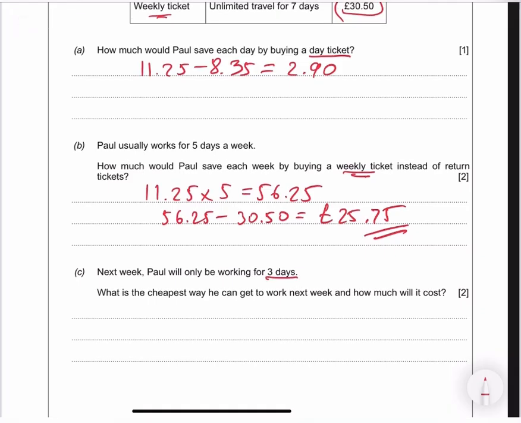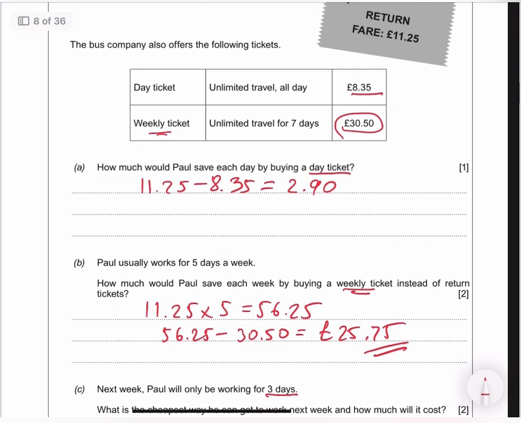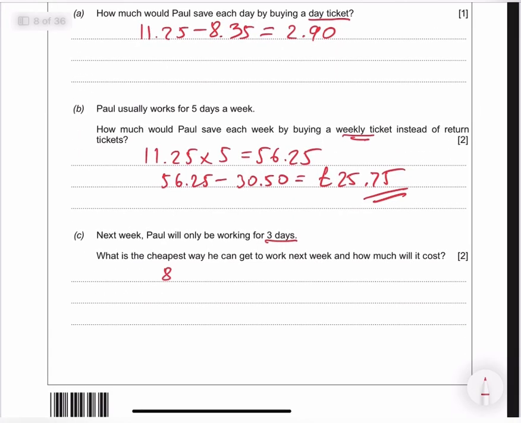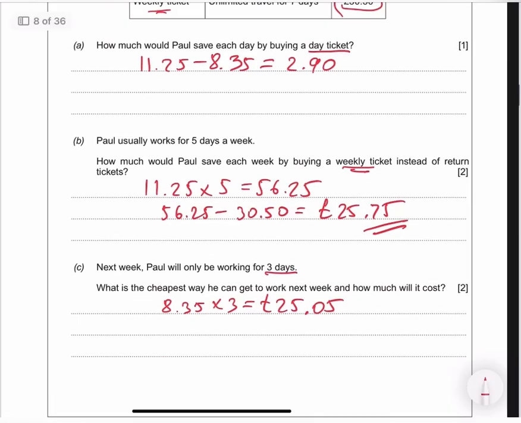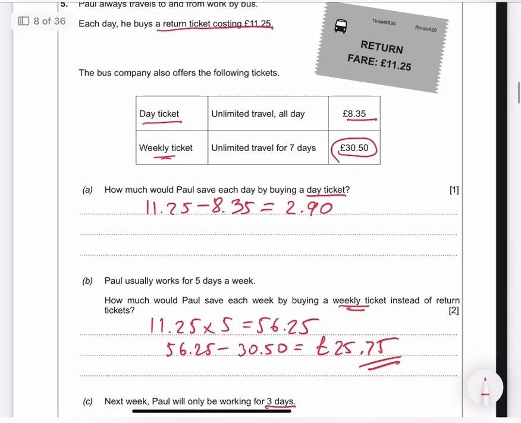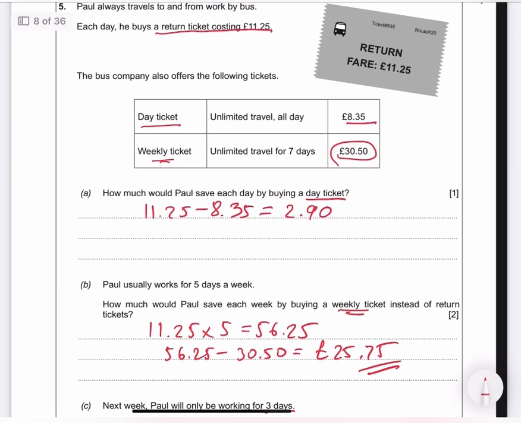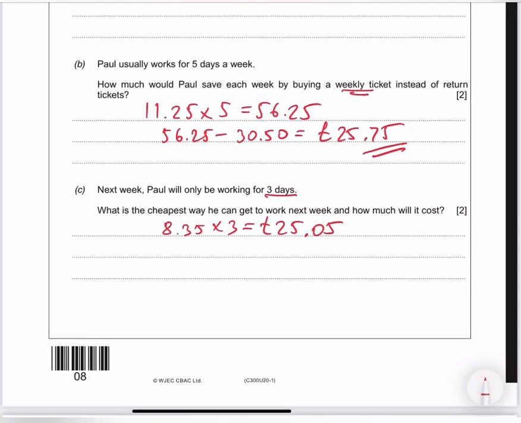So next week Paul will be working only 3 days, and what is the cheapest way he can get to work next week and how much will it cost? So we're going to multiply the $8.35 daily ticket by 3. That will give us $25.05. That is the day ticket, compared to each day return at $11.25. So that is the cheapest, of course. So he will pay